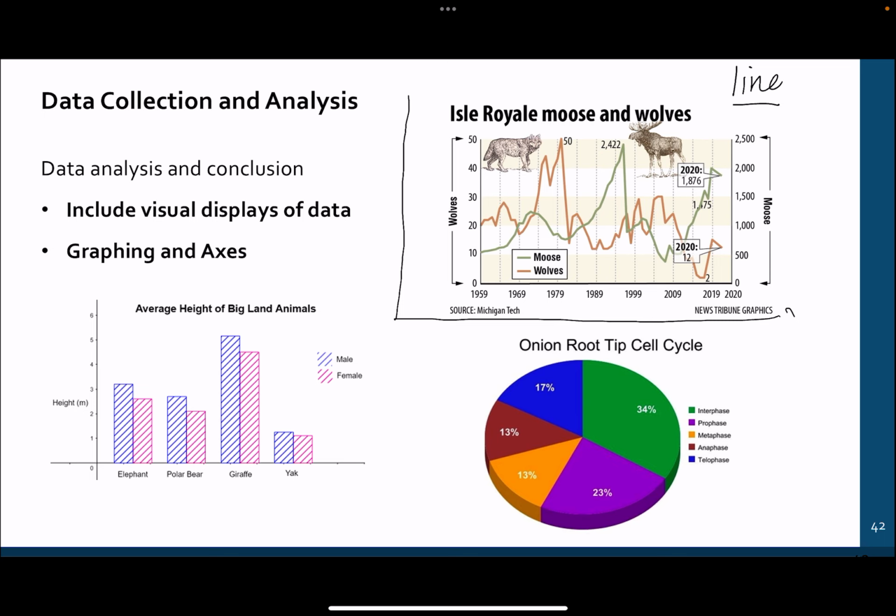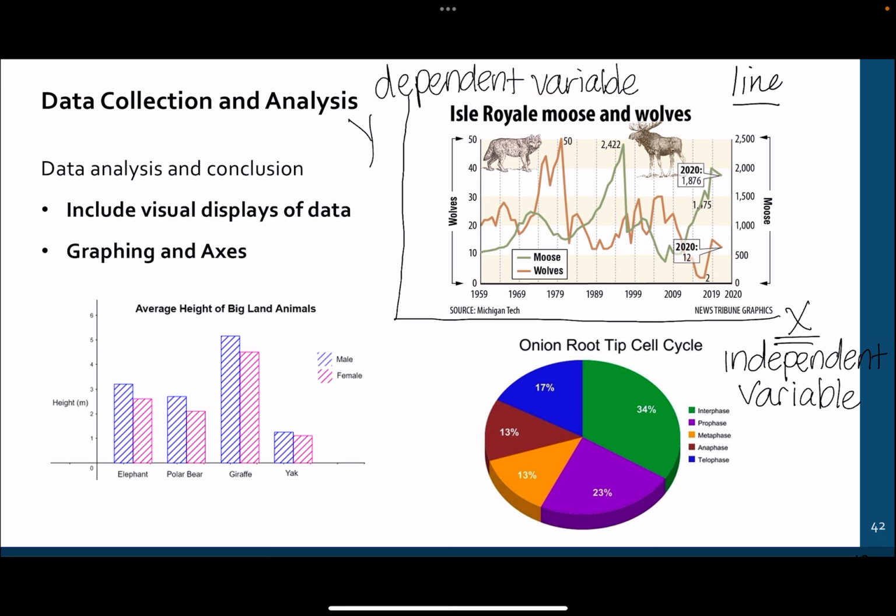So as you're designing your experiment, you want to keep in mind how you might collect your data and present your values. We'll talk about graphs in a little more detail in some of our labs, but the key to making an accurate graph is always labeling those x and y variables correctly. So we might use a line graph to show changes or trends